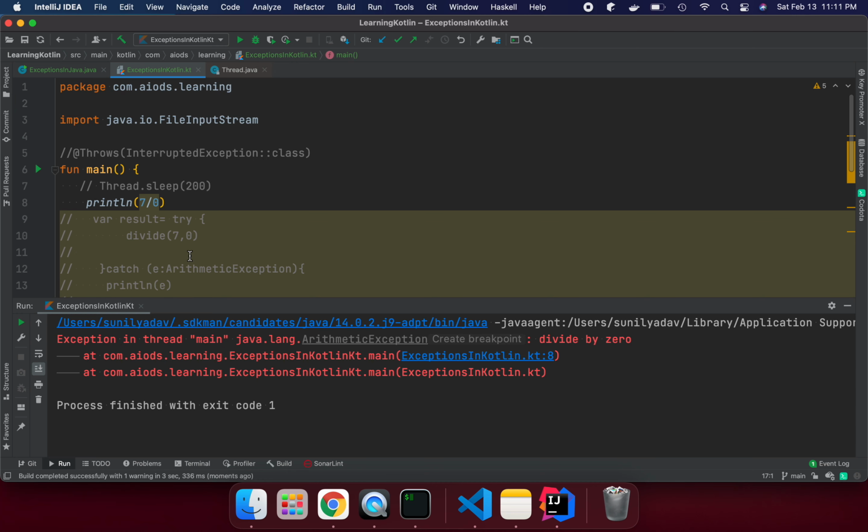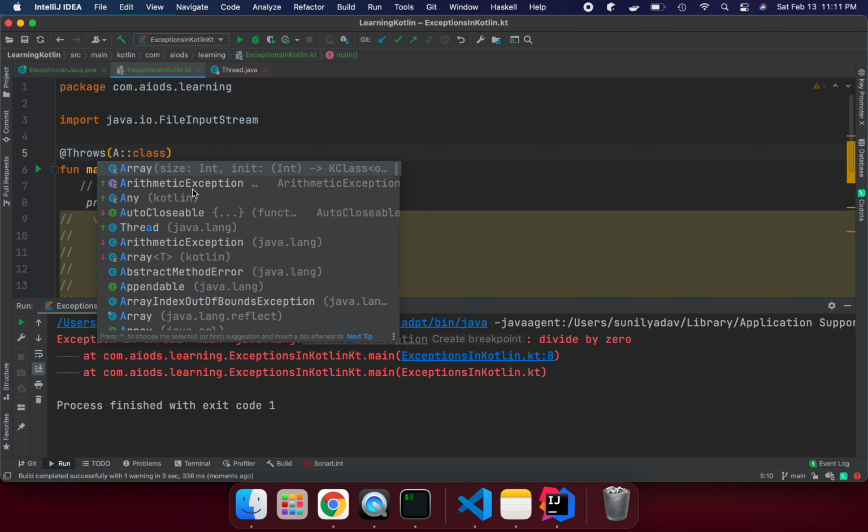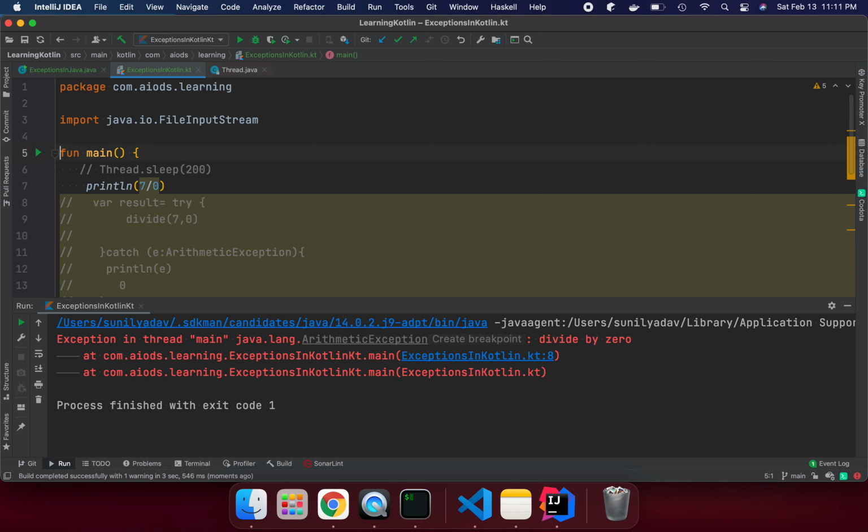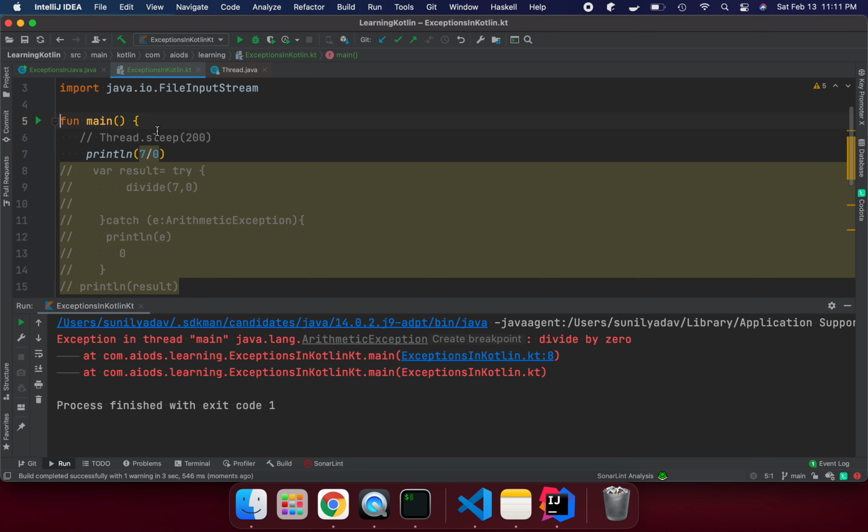If we put the ArithmeticException here at the top level and try to run it, we get this divide by 0 exception. But it is better to put it under a try and catch block. Suppose I enable this code.